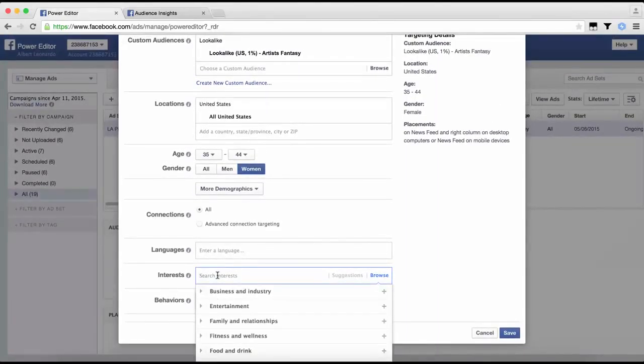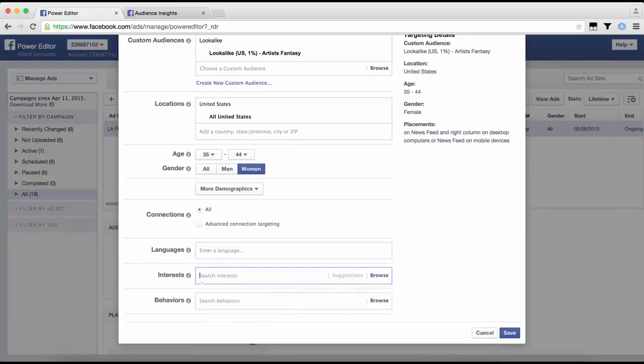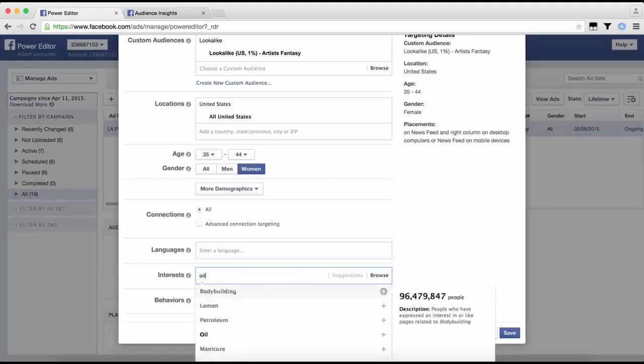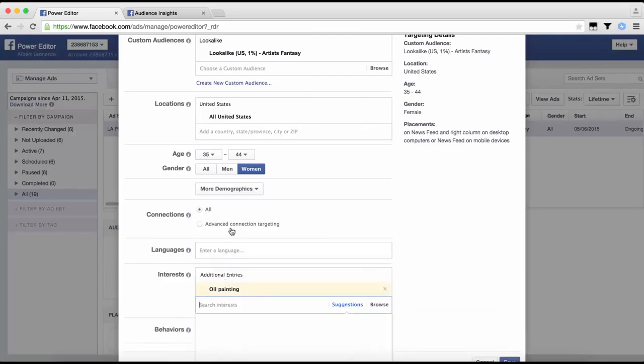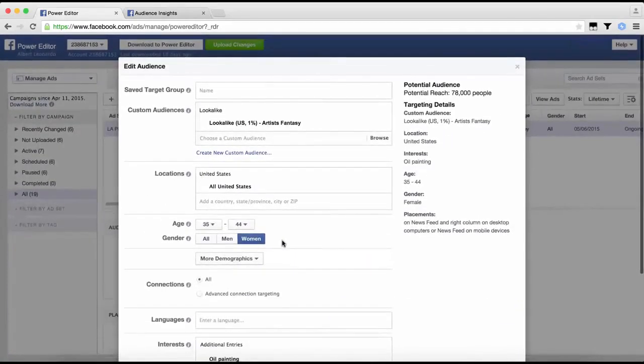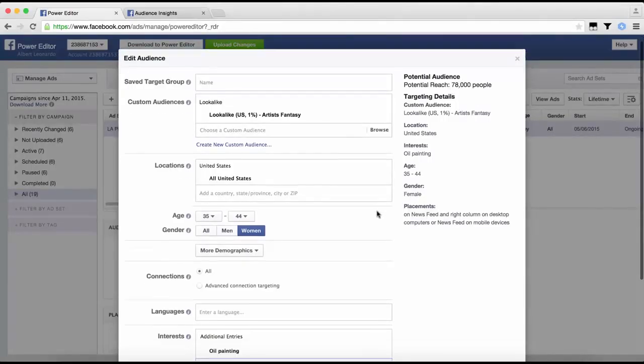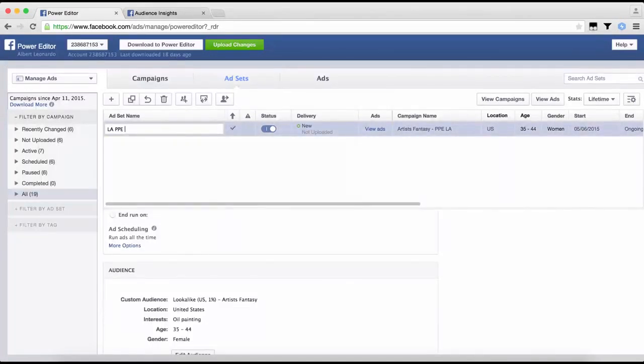And then we're gonna intersect it with a broad interest. So you can search for broad interests that are related to artists or painters, like wall painting. Alright, now you see that the audience is tuned down to 78,000 people. Alright, save. So we're gonna name this ad set accordingly to the group that we target, which is LAL